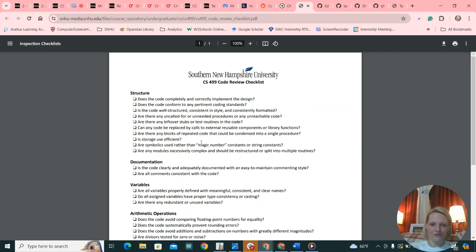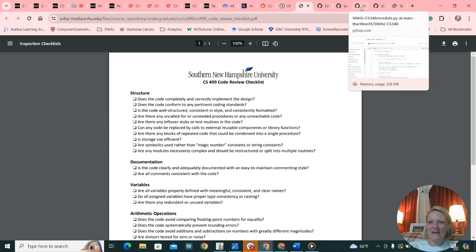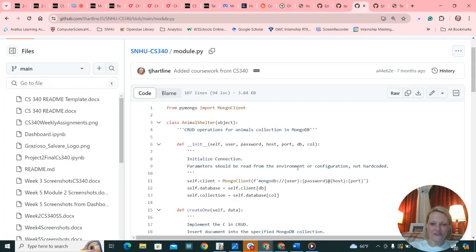No repeated code. Storage use is overly efficient, I believe, hence the enhancement for that. Don't think I used any constants in the code, and it is quite likely that it is excessively complex, because that's how I do everything, by making it way too difficult. So to show you what I mean on that,